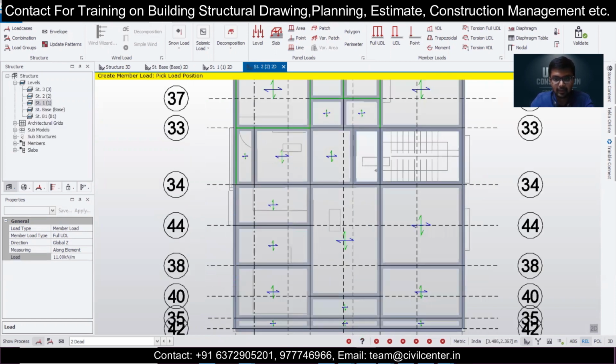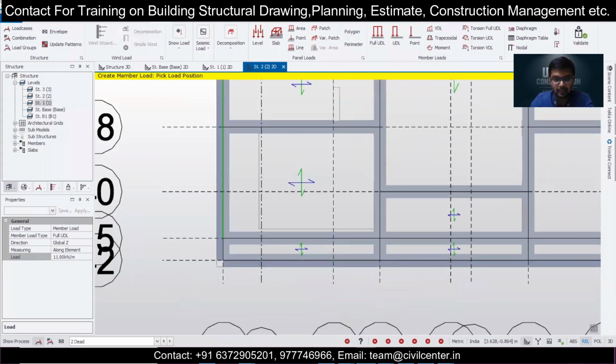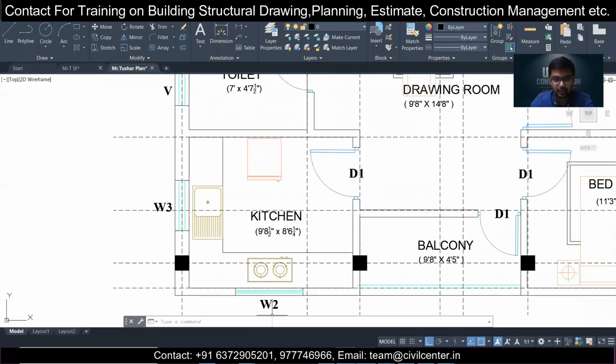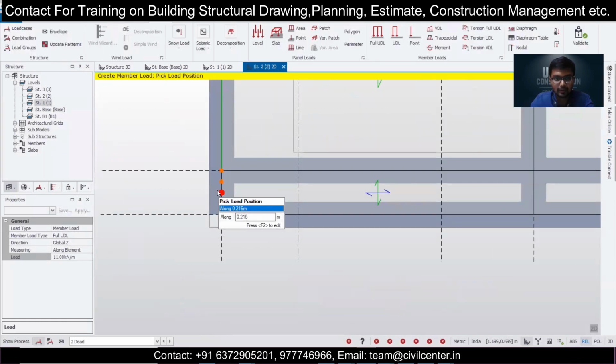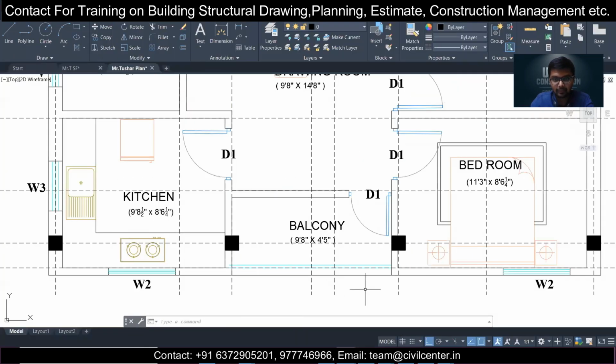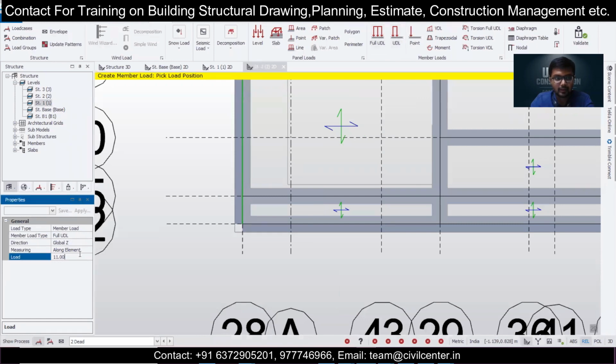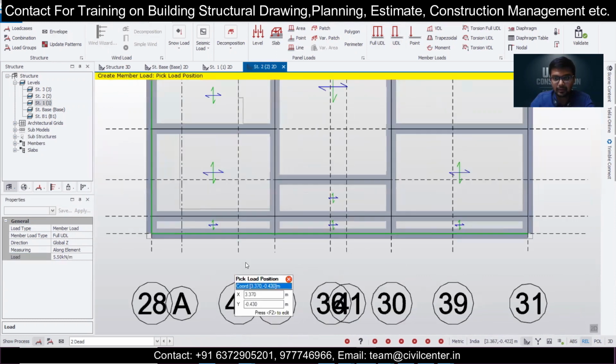Now we don't have any balcony here. I hope we have full load of this 11, and the balcony portion also having this same load. So we're clicking on this, and here we'll have a load of 5.5 in this portion, full UDL, and 5.5 because here we are having different loads.